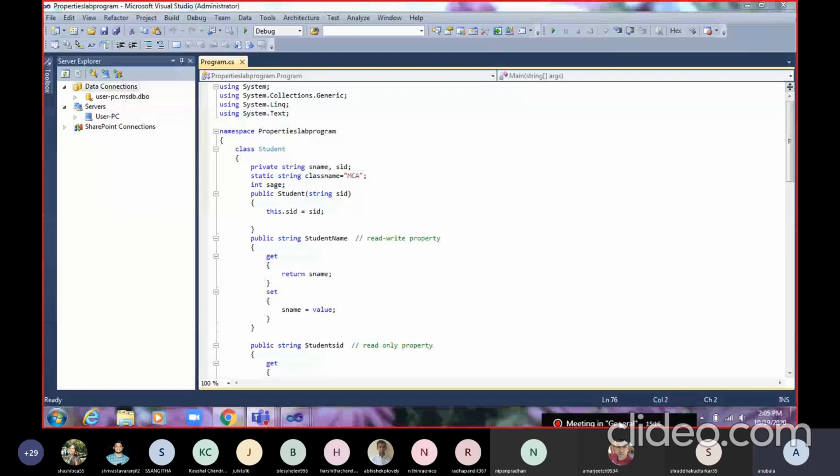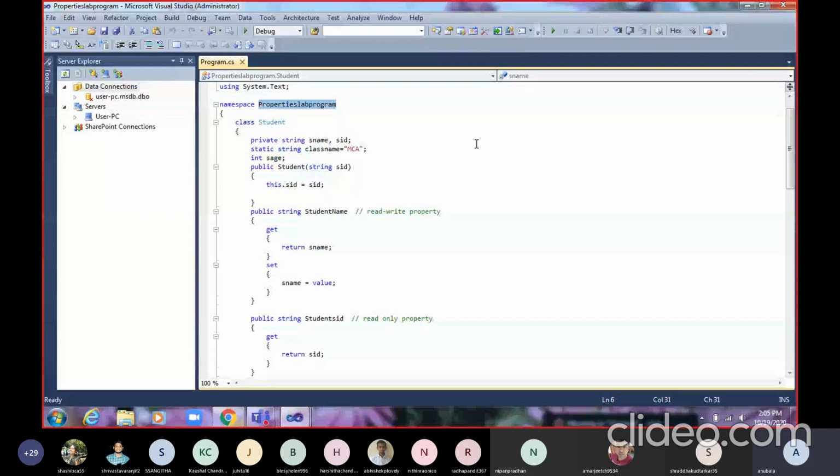So these are all the libraries. Then a namespace having the same name. Inside that, one class has been created with the name Student. It has two private data members, student name and student ID. Both are of string type.